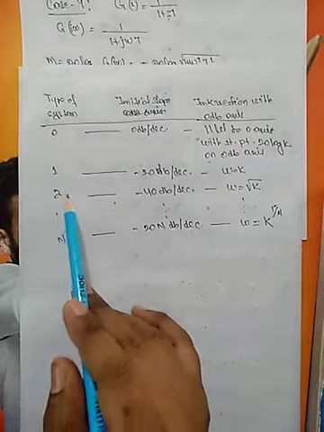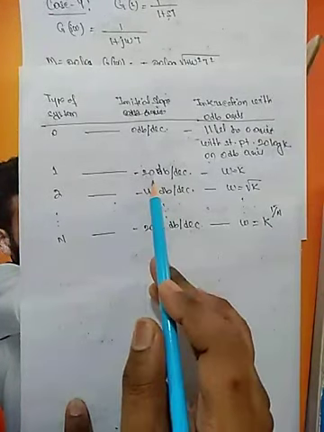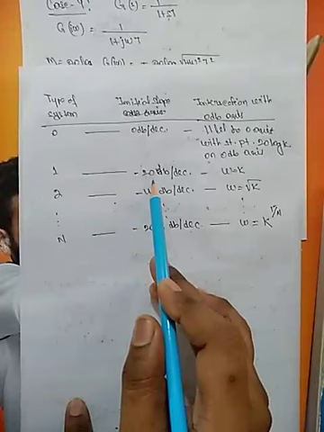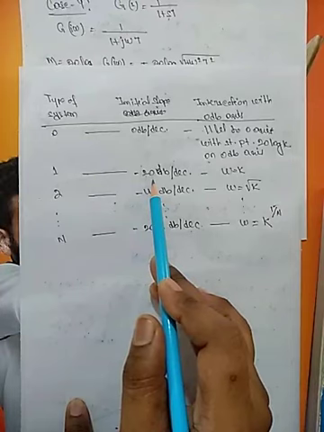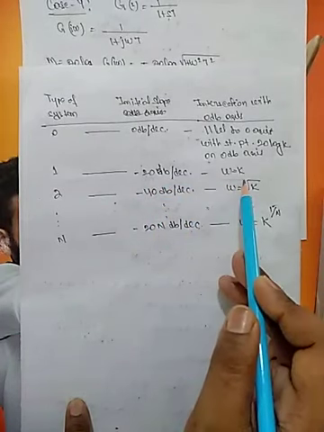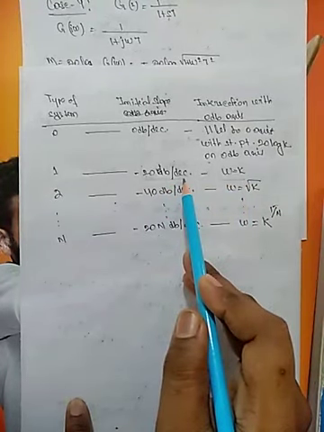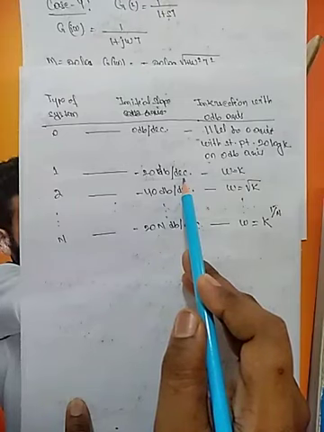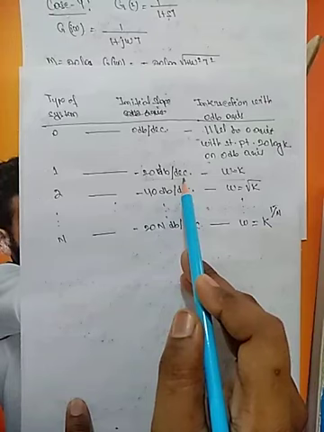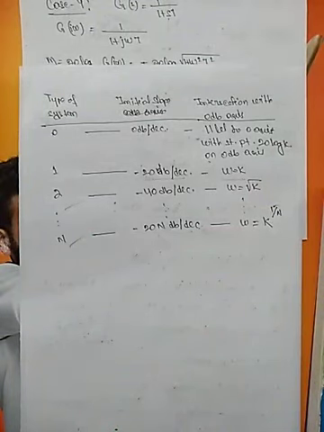For type 1, the initial slope is minus 20 dB per decade, and from which point on the dB axis does it start? To get that, on the frequency axis you mark the point omega equal to k. From this point you draw a slope of minus 20 dB per decade to the dB axis, and the point where this straight line intersects the dB axis is the starting point. Similarly for the next types of systems.